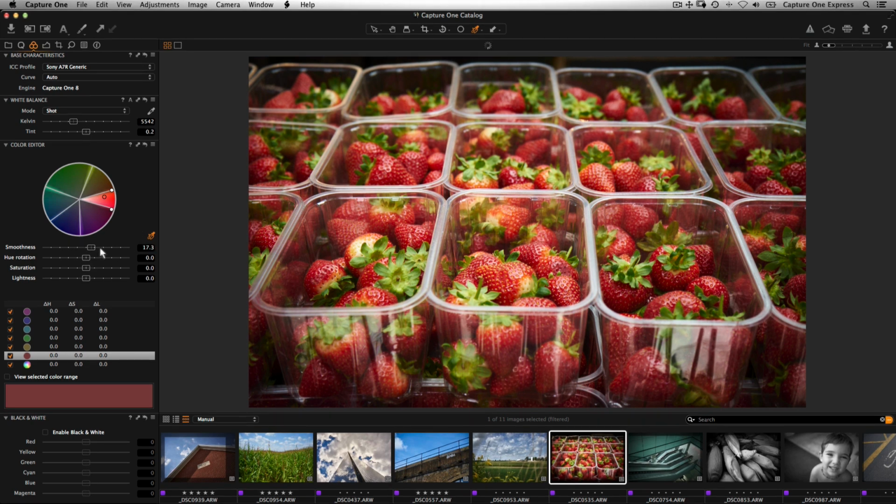Smoothness indicates how far in the color spectrum the adjustment will be applied and how smooth the transition will be. This ensures that selectively changed colors get a natural look. The thin black line indicates where the smoothness effect ends. Use hue rotation to change the color. Increase or decrease the saturation. Use lightness to change the density. To add further color changes, use the picker again and adjust. Individual changes can be previewed by unchecking and checking the individual adjustments.